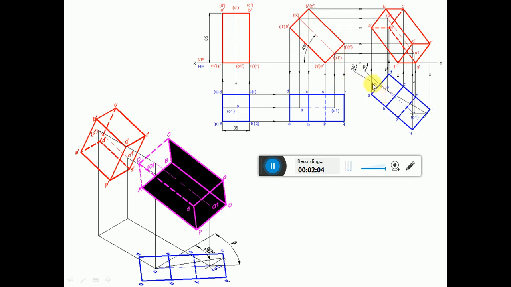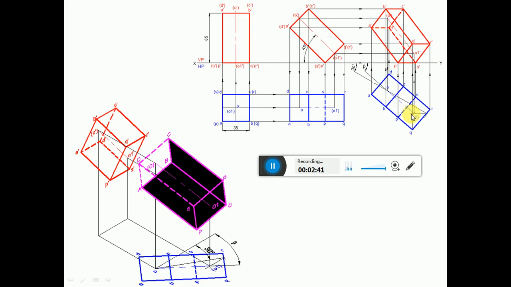Consider any point on that 30 degree line and mark that point as O. Then from here you cut an arc on that 30 degree line to get this point. Then draw a locus from that point. Then you measure the apparent length of the axis from O to O1 in the second position top view by using the compass. Again with the same center O, cut an arc on this locus line to get the point O1 and join O to O1 with a center line.